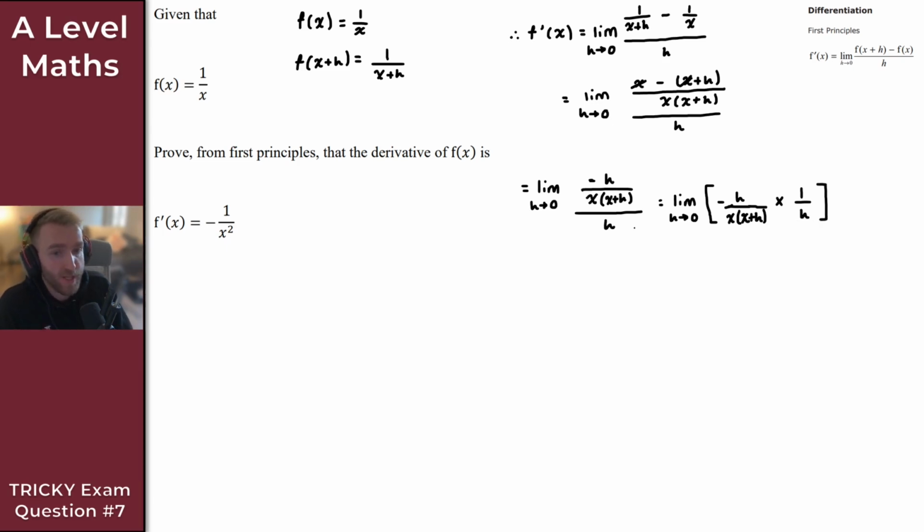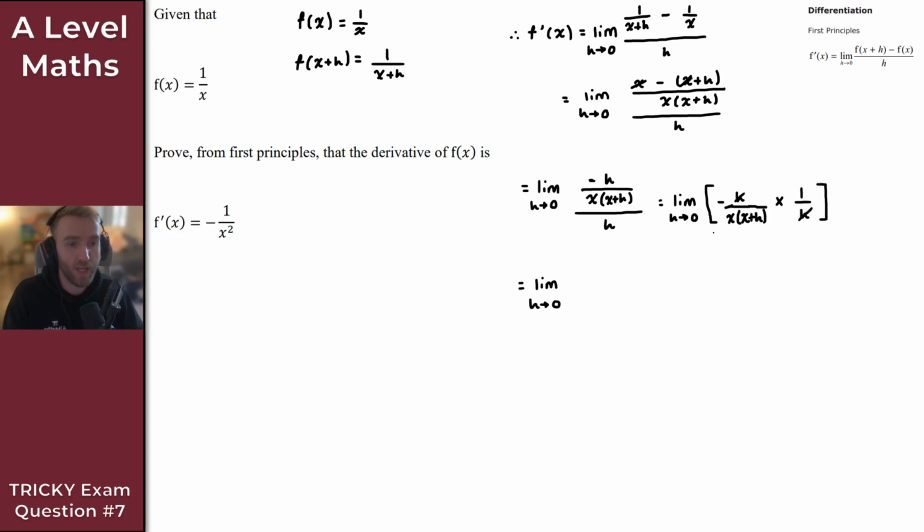Now, at this stage here, you could have just cancelled the h's, right? That is what's actually happening here. But for a lot of students, they struggle to see that connection. And I think it's just easier if you write this out as a product, right? Just like this here, because at this point here, it's really obvious and really clear that this h here will just cancel with this h here, right? And then just multiplying across here, we get the limit as h tends to 0 of, so I get minus 1 then all over x